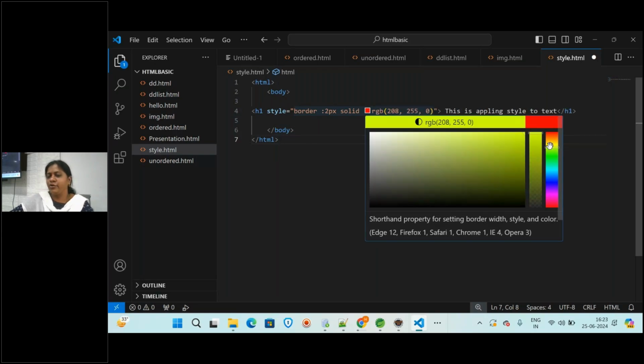So we know RGB color, every color will have a code, so based upon the code it will be changing the colors. Generally it is difficult to remember that code. We can give the names actually, red, green, blue, however many colors you want you can give the name. But if you want to choose like this, you can also choose the color.